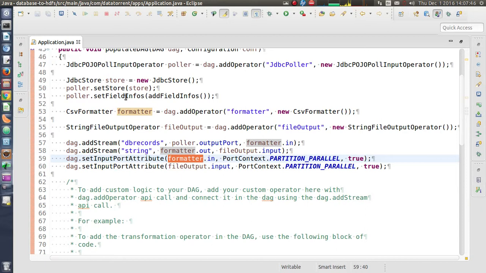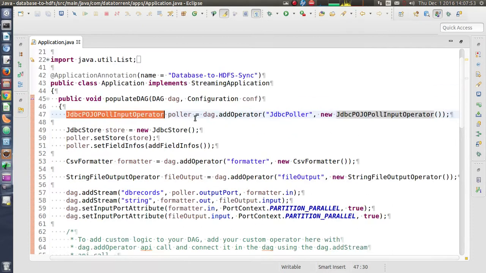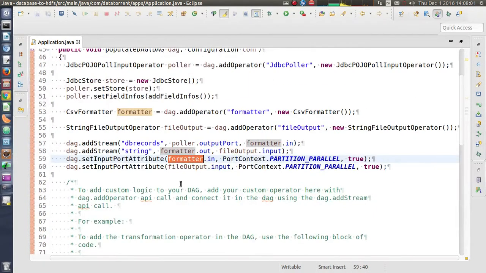So for example, if this particular operator has 4 partitions, we will get 4 partitions for the formatter as well. And same for file output.